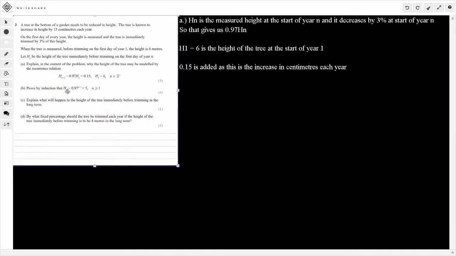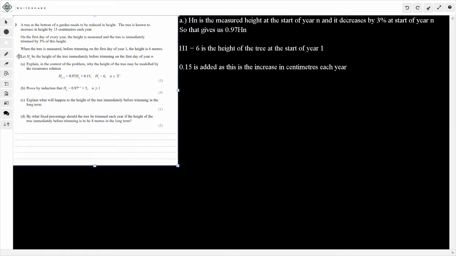And part A actually requires you to read through and pick out why certain parts of the information is given. So we're given this recurrence relation here, where the next term in h is given by 0.97 times the previous, hn, plus 0.15, where h1, the first term, is 6, and n is just any positive integer. So we have to explain in the context of the problem why the height of the tree may be modelled by